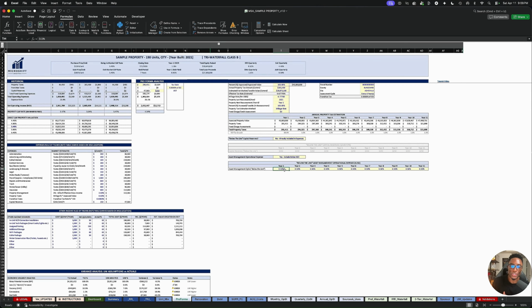And this is the percentage of the effective gross income. So in this case, I have 0.5%. You can change it to whatever percent you want. And it tells you right here, it's a percentage of the effective gross income. So right now, because I selected yes, include below the line, and I have this as 0.5%, if we go